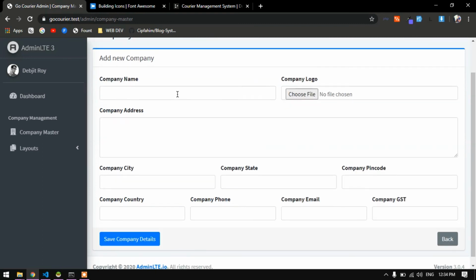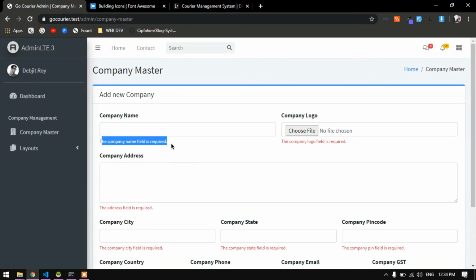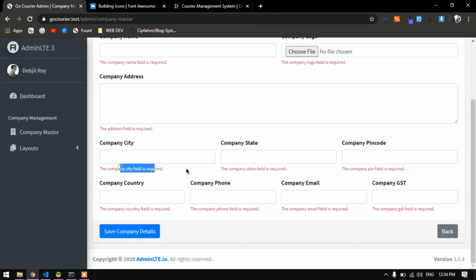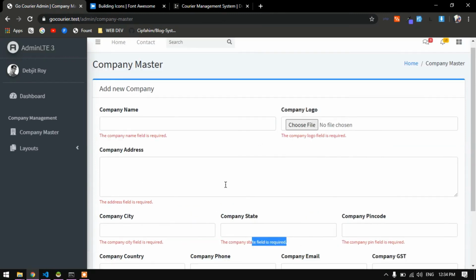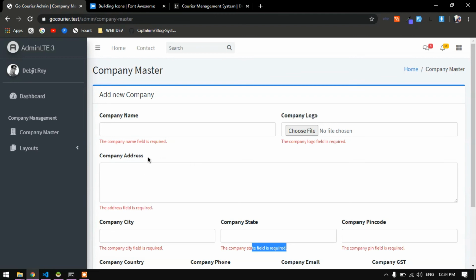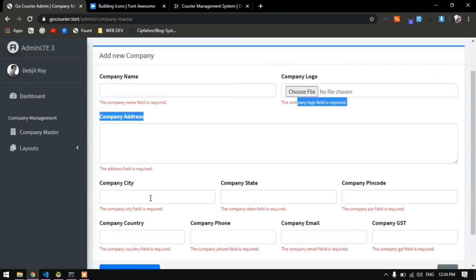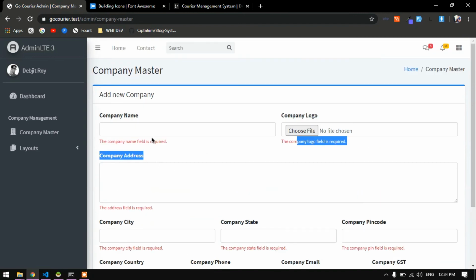Now there is nothing in the page right now. So if I try to save the company details, hopefully the form will get submitted to that route. Okay, so let me try it once. Okay, you are seeing that the form is getting submitted and the validation is working. Everything is coming over here, the company city, state, and everything. Now that my form is working, I just need to check that the form is actually getting submitted and everything is working properly. So let me give some company name. For example, I will give Go Courier,